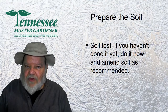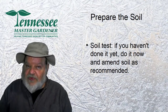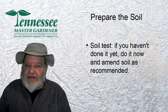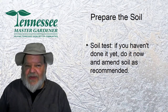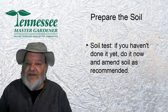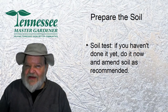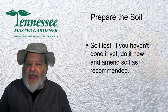The most important thing that you can do for keeping your soil healthy or getting your soil healthy is to get a soil test. You can get your soil test by going on the internet. This is listed in the checklist, but I'm going to go ahead and spell it out here. It's Soil Lab, SOILLAB.Tennessee.edu. This will give you some instructions as to how to get your soil tested